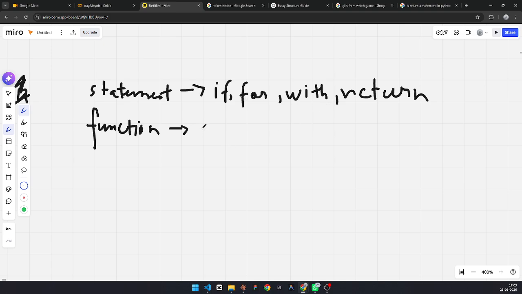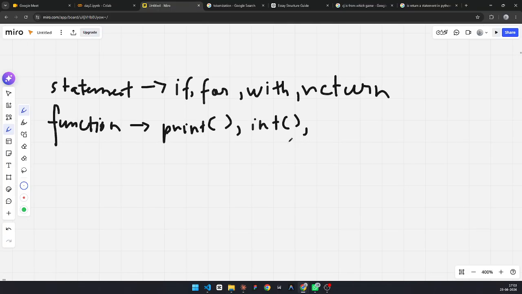Function is like print, and let's say, for example, integer. They are pre-built functions, and this is a create, a custom function.